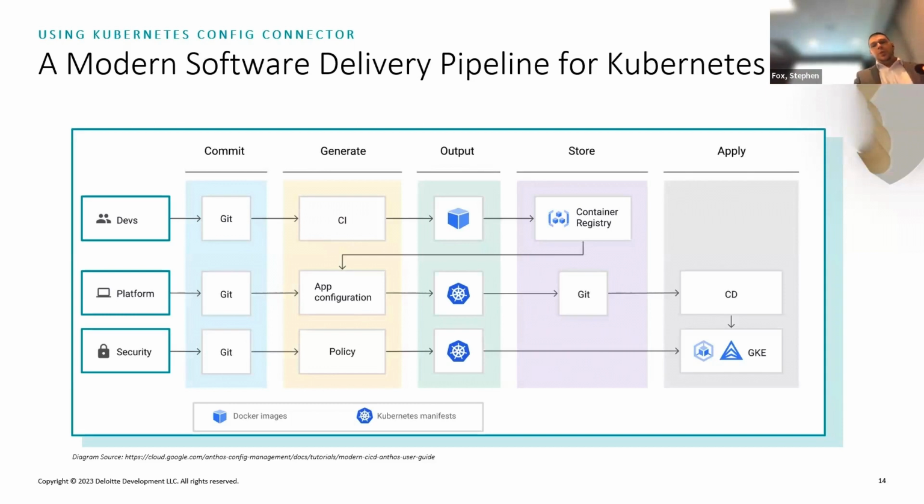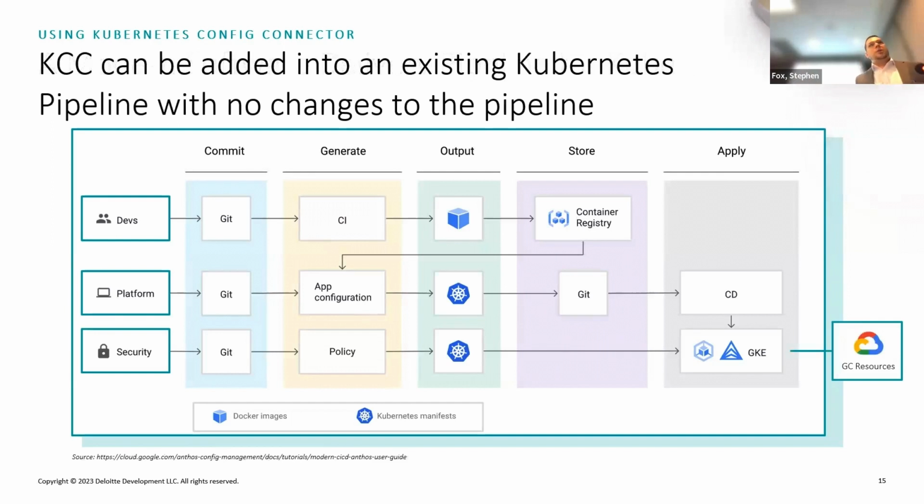But this middle pipeline here is where the KCC resources would be slotted in. So you put your PubSub topics along with your application that gets deployed to the Kubernetes cluster, just as all of your other Kubernetes resources. That's pretty powerful because if you're already using Kubernetes as your main application delivery mechanism, extending infrastructure as code is almost just a matter of flipping a switch and including that in your pipeline.